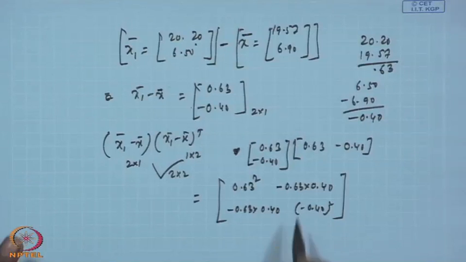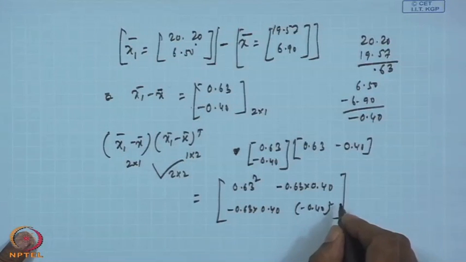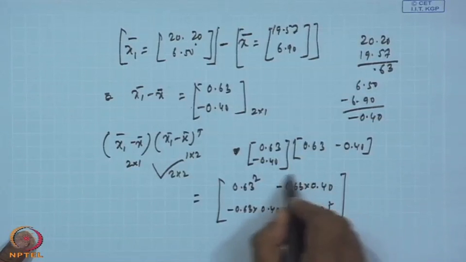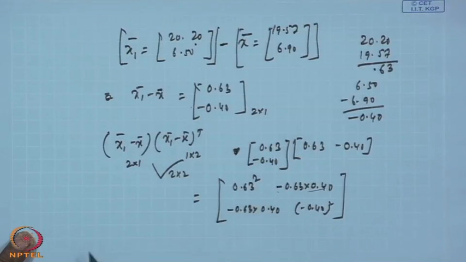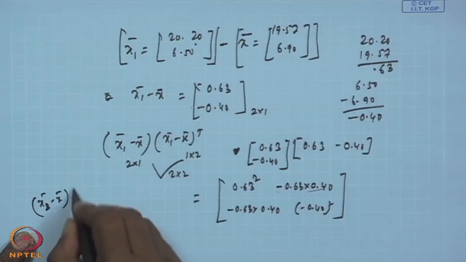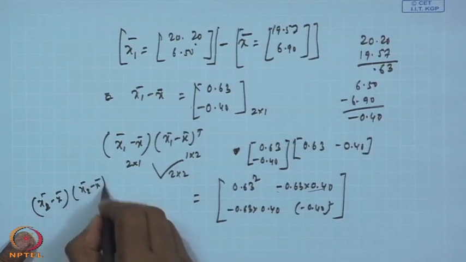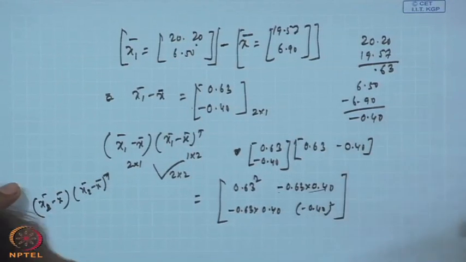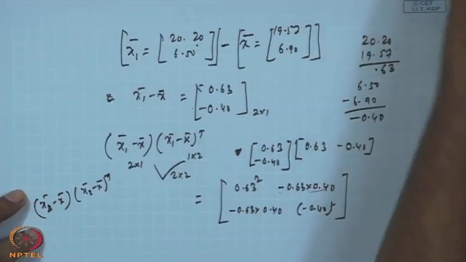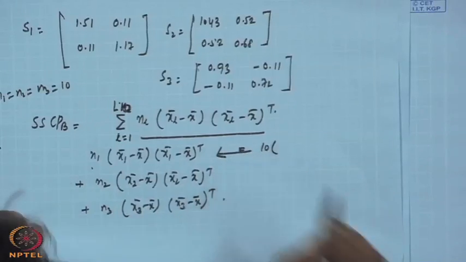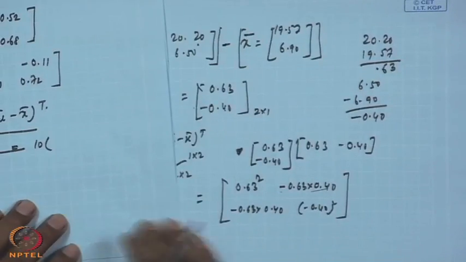Okay, please see that these are square matrices, 2 cross 2, and symmetric matrices, because this portion here is equal to this. In a similar manner, you will be getting x2 bar minus x bar, x2 bar minus x bar transpose, and x3 bar minus x bar, this transpose. So, now what will be the resultant value? Resultant value is this, n1 equal to 10. So, this quantity will be 10 into, we have already found out the value,